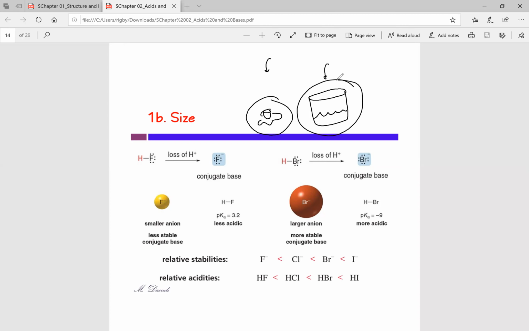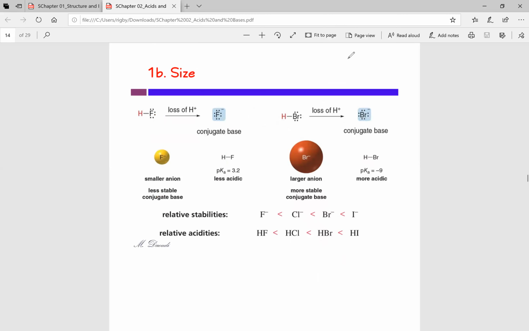So the bigger the atom is, the more stable it will be when it gains that electron pair from the proton bond breaking, okay? So you can see here in this example, they're using fluorine versus bromine. And this is part of the reason why HF, or hydrofluoric acid, is really a weak acid compared to stuff like HCl or HBr. It's because fluorine is so small, it's really bad at holding on to any negative charge, and Br is just much bigger, so it's going to have a much easier time holding on to that negative